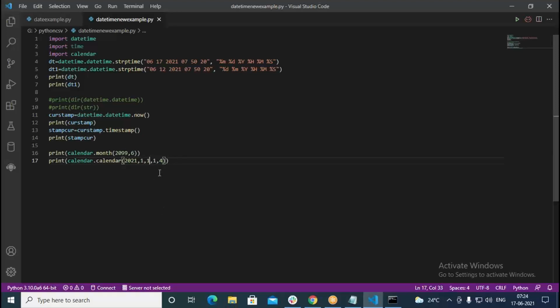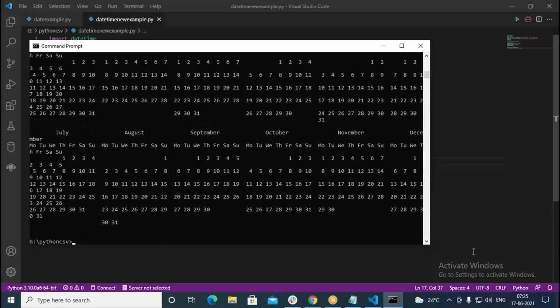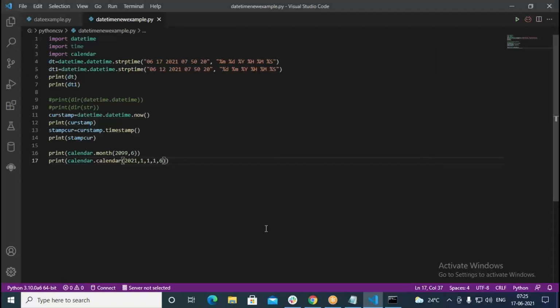Similarly, how many months in a row? I have taken 4. If I go with 6, it is going to print all the required months in only 2 rows. So horizontally, it is going to be showing here, but it is widespread because space is not enough. That's why they are getting congested sometimes. So taking 6 is not the correct option because the screen is not enough.